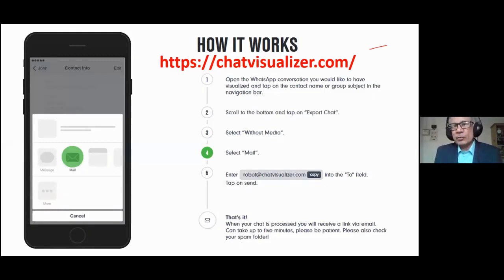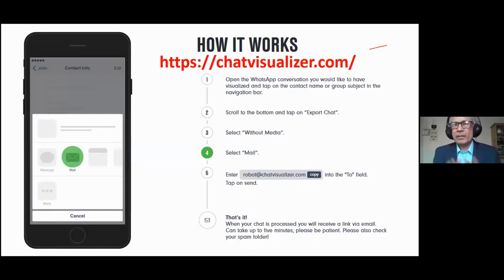When you export it, don't include the media because it won't process your videos, your images, and all those good morning and happy Pongal photographs. No, only the text. Then you email that text to this email ID, robot@chatvisualizer.com. And that's all. Simple. This much you need to do.